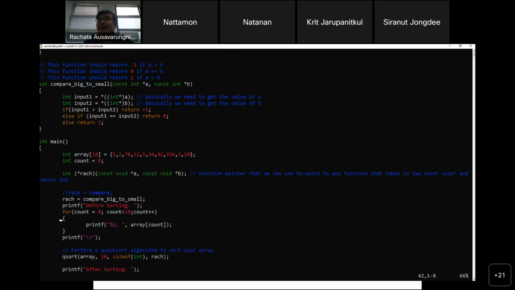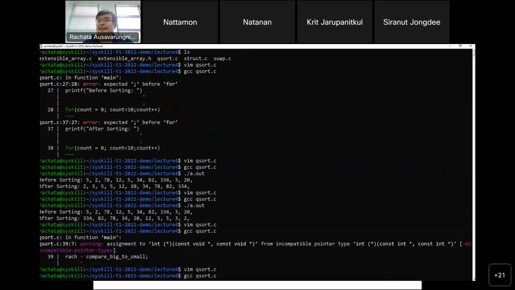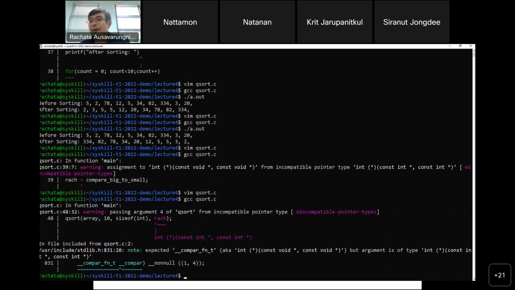First of all, my function signature says I want const void. So the next thing I have to do is to make sure the function signature matches, right?